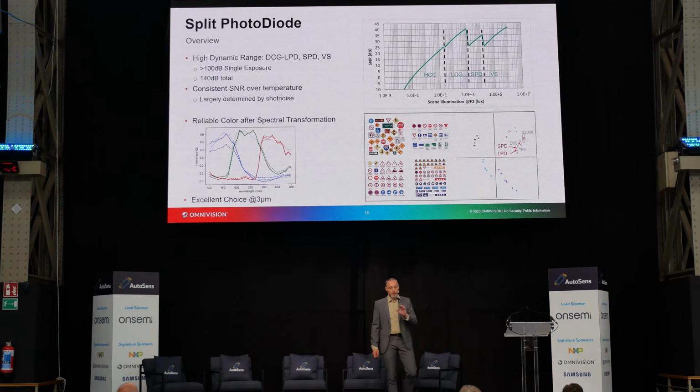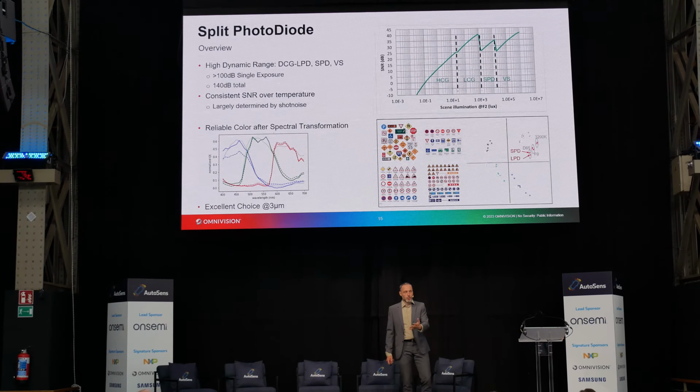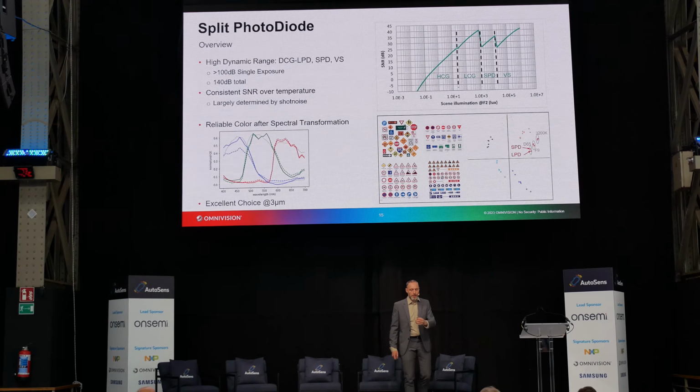And as the previous speaker mentioned, you will have QE differences between the large and the small photodiode. And yes, indeed, this will require additional processing. So we have a spectral transformation engine, doesn't take up too much die area, and this does the trick. It does it so well that if I would just show you the charge on the large and the small photodiode, it would just look like the same image. So let me show you